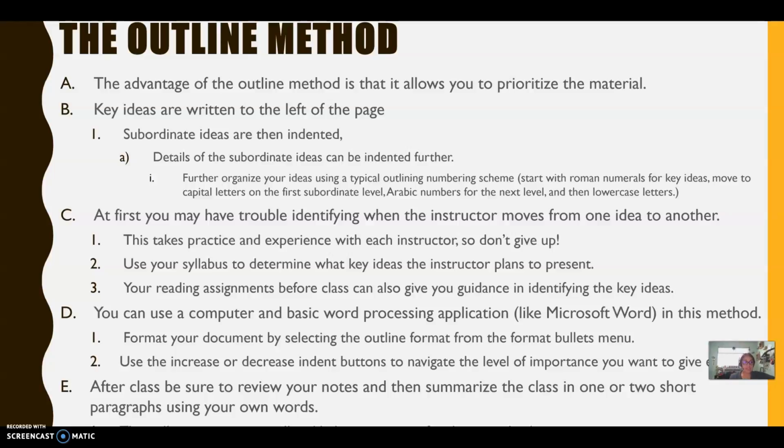Next, subheading D, you can use a computer and a basic word processing application like Microsoft Word in this method. On our two subheadings there, you can format your document by selecting the outline format from the Format Bullets menu. Then Word will automatically format your document for you. And you can use the increase or decrease indent buttons to navigate the level of importance you want to give each item. So there is a little button where you can increase the indent,